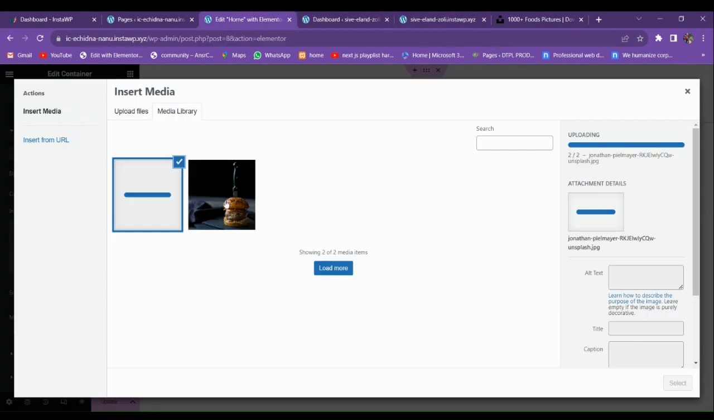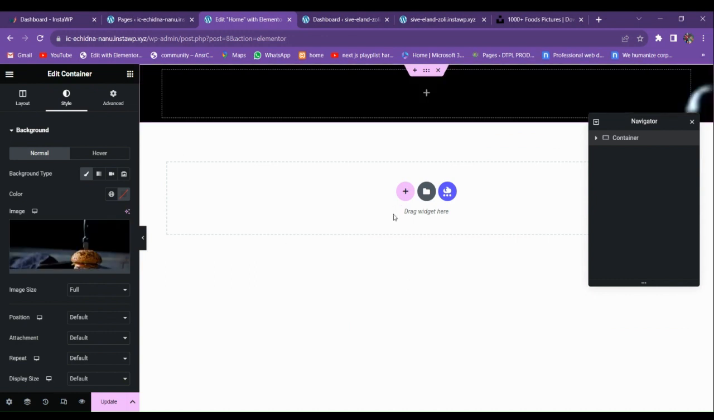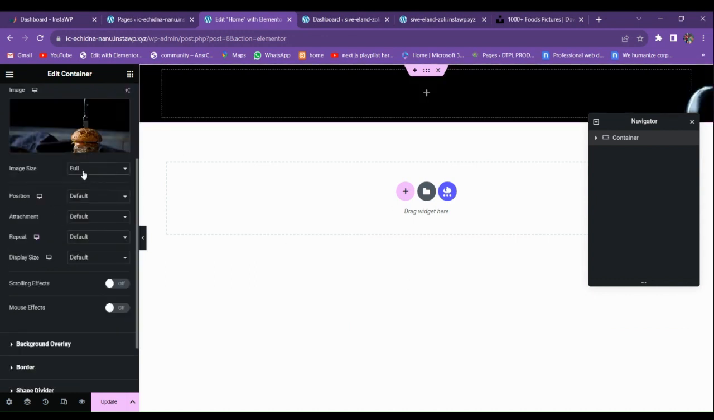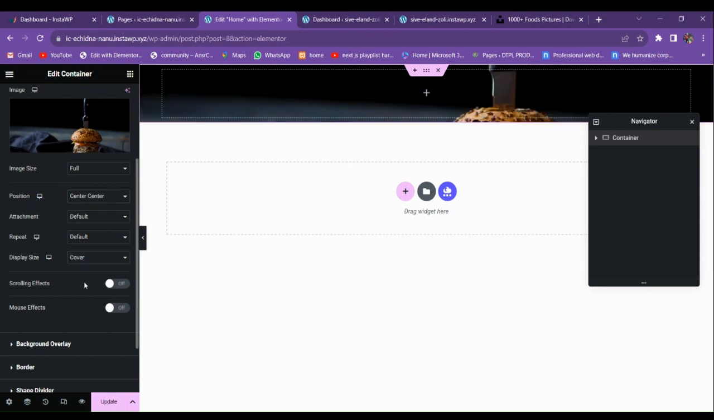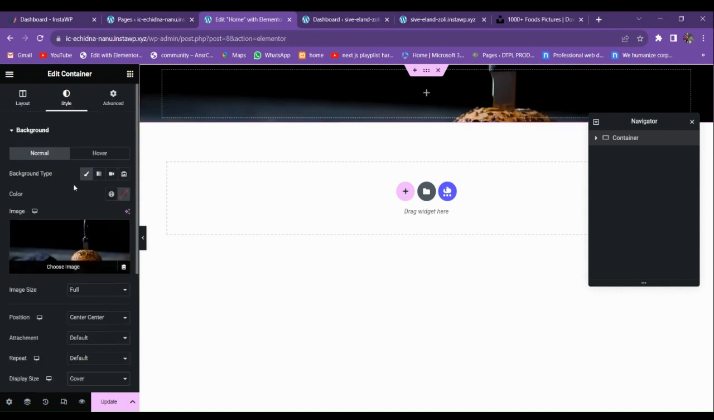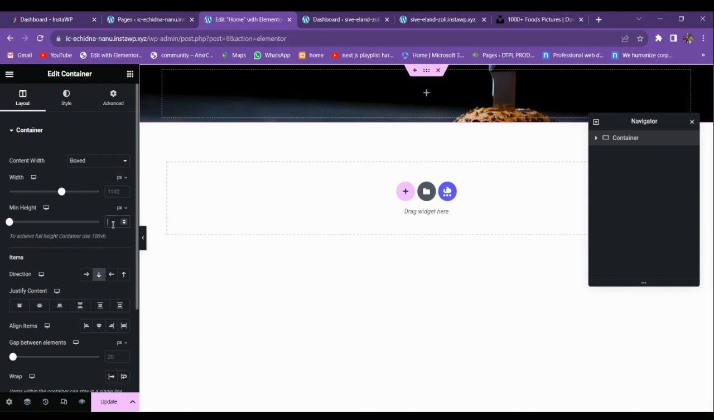Okay, so wait for it. Okay, it will download it. Now you have to go to the image size, make it full, then go to position, make it center, and display size, make it cover. Okay, now we have to increase the height, go to minimum height and make it